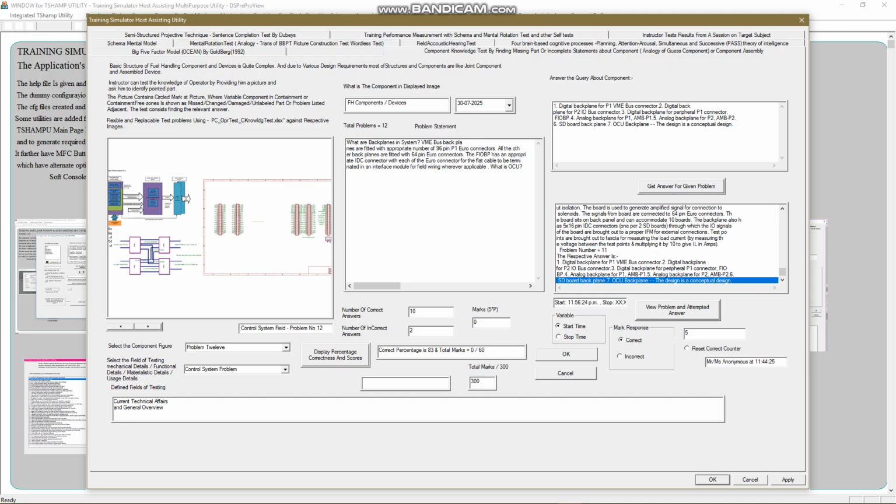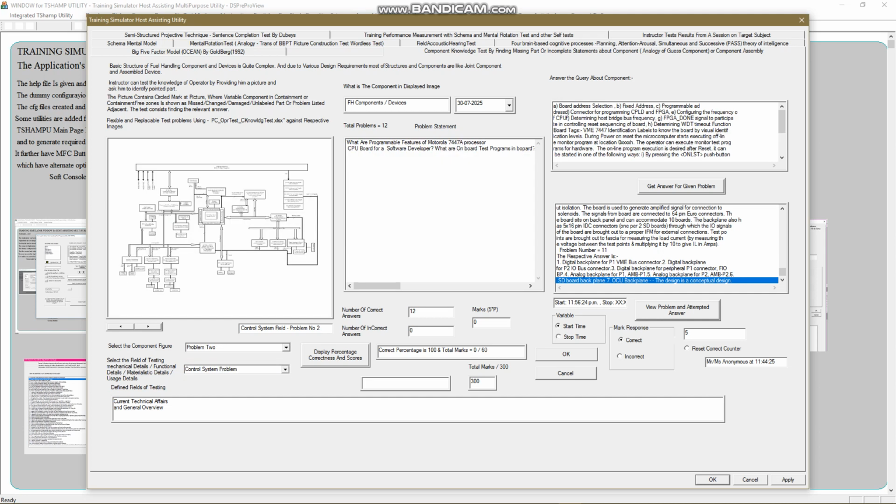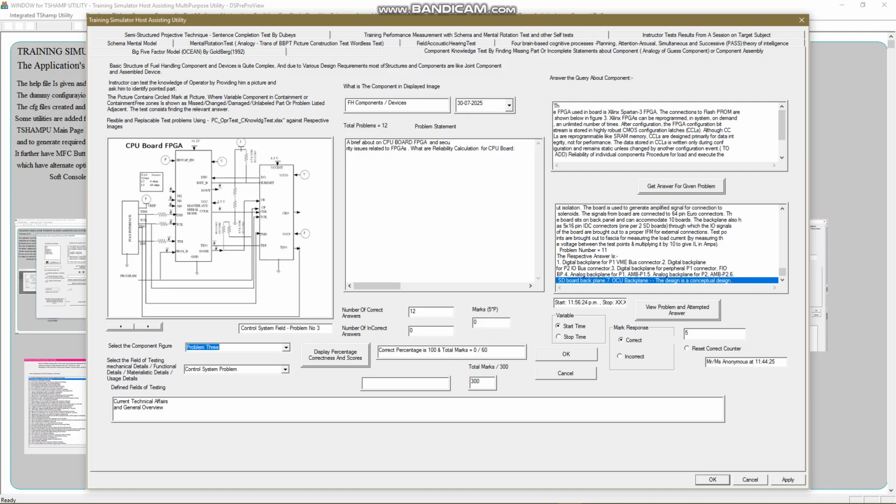Like this, all answers have been pre-prepared in the Excel sheet. While actually taking the test, one can write the answer in the given answer box, answer the query about the question, and then get the answer for the problem. This is for showing quickly the demo of how the answers are prepared.